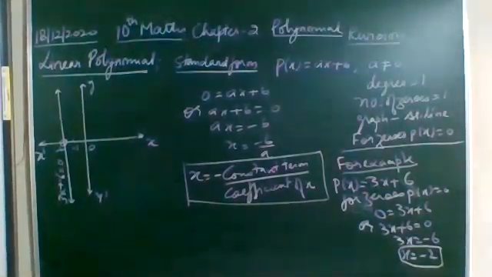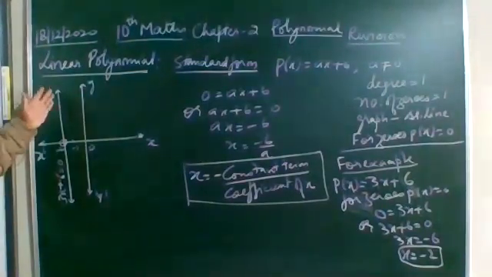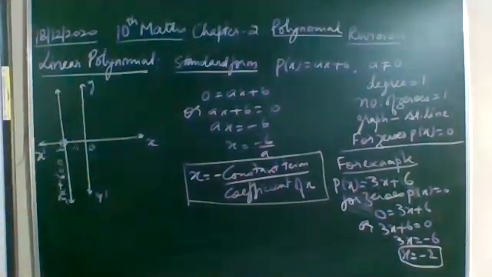But if I say one variable, parallel to what? Since the polynomial has only the x variable, the line drawn in the graph will be parallel to the y-axis. If in the polynomial the variable is y, then the line will be parallel to the x-axis. That is very important. You have to show this.